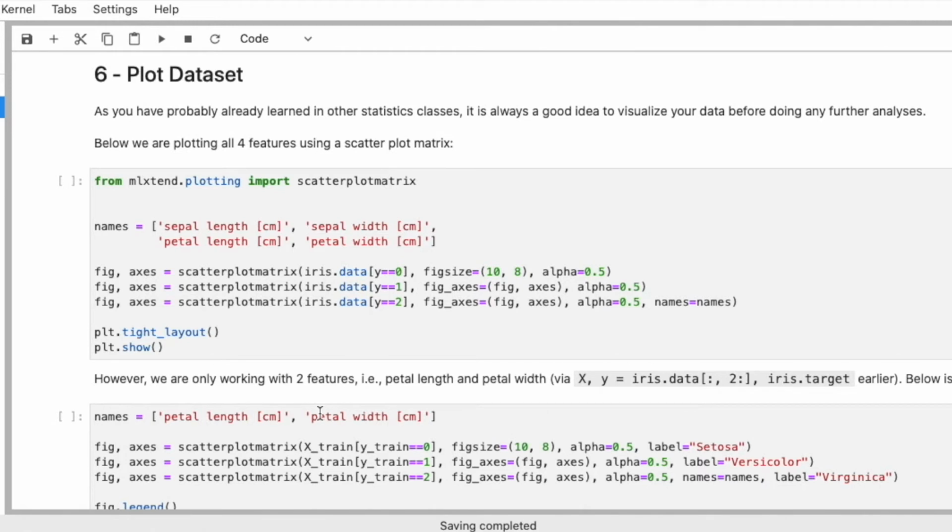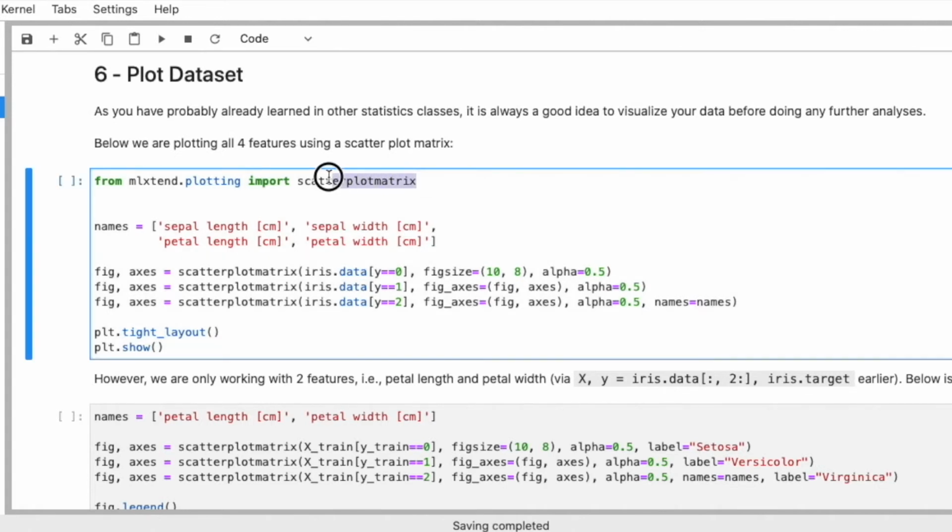Yeah, so personally, I like to visualize my data set first before I work with it. Now, this is kind of a little bit late in this notebook, but I wanted to just go over some concepts before we do the visualization. Maybe I should have moved that to the top. Anyways, I have a convenience function that I implemented for myself a long time ago, just a scatterplot matrix. You probably know that from R.